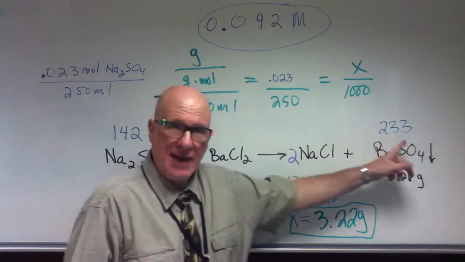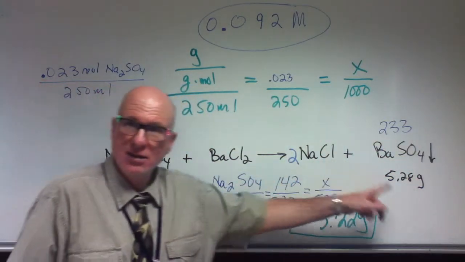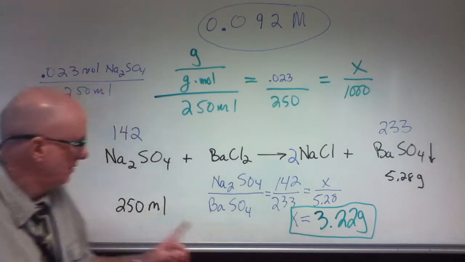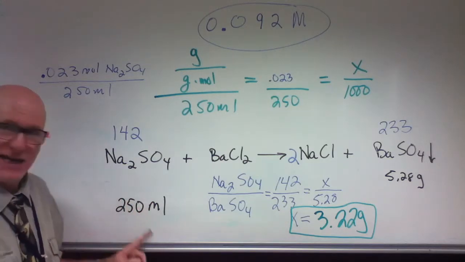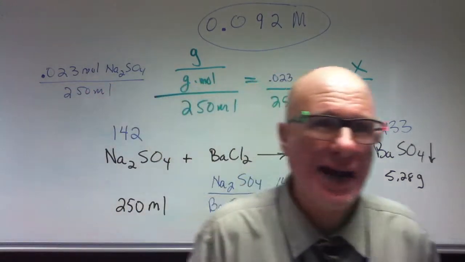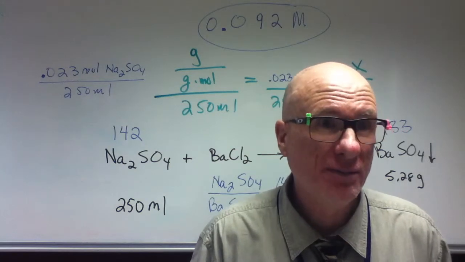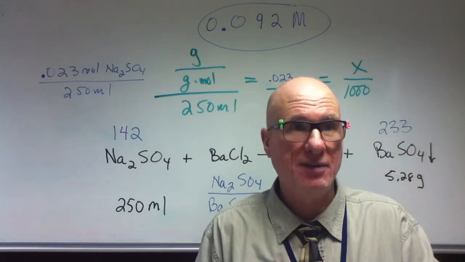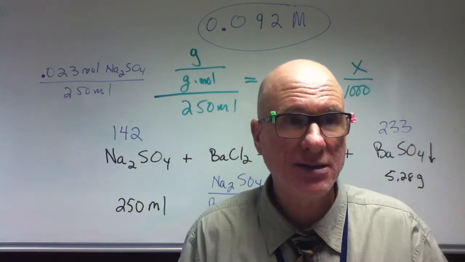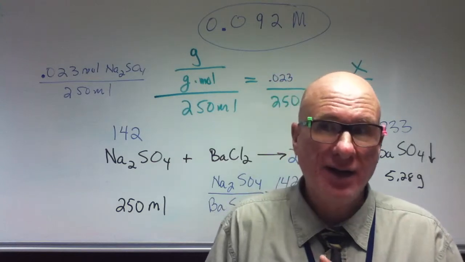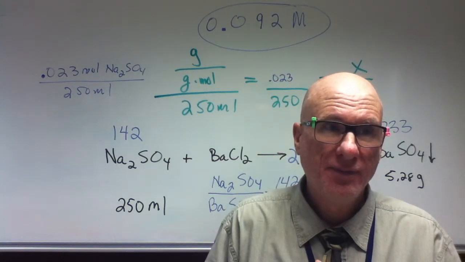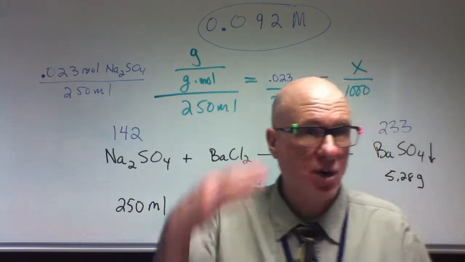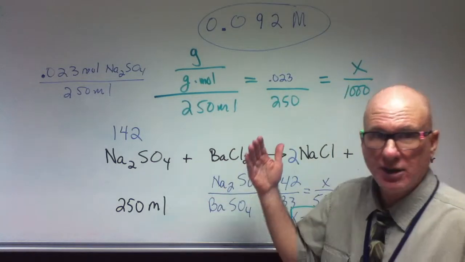Well, if you do a mass-mass stoichiometric conversion, you find out that you have 3.22 grams in here. All right, I have 3.22 grams in there, but I don't want it in grams per volume, grams per milliliter. I want it in moles per 1,000 milliliters. And we call that molarity. Okay? Now, what you're going to do is molarity is moles per 1,000 milliliters. So I'm going to convert